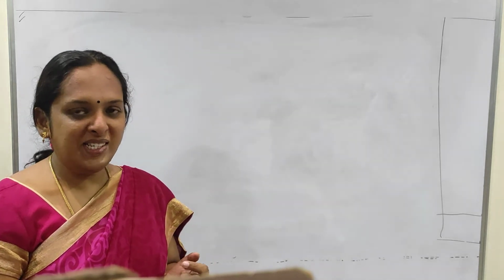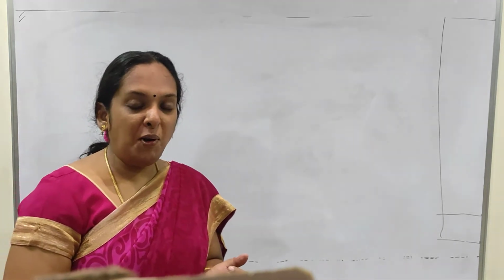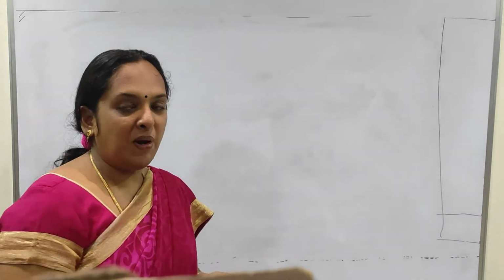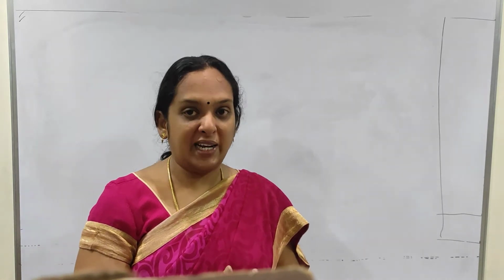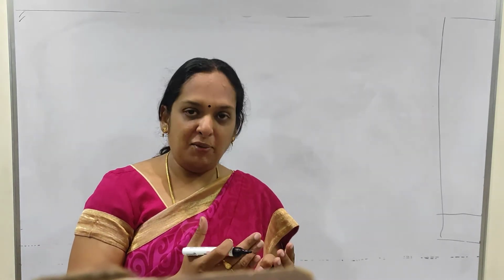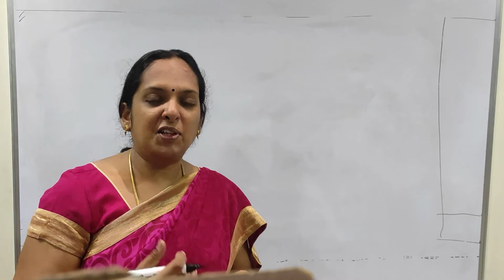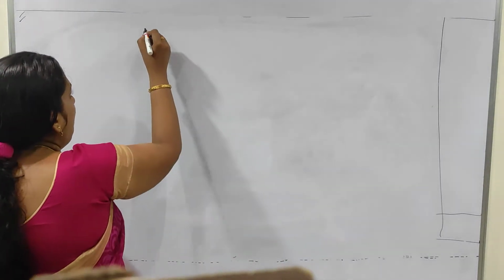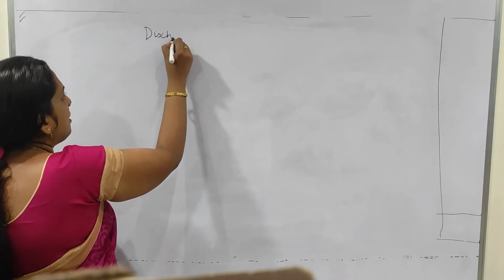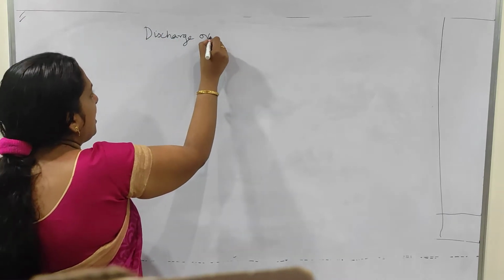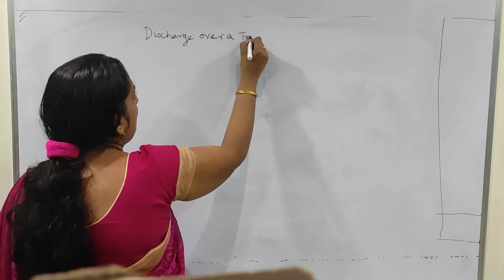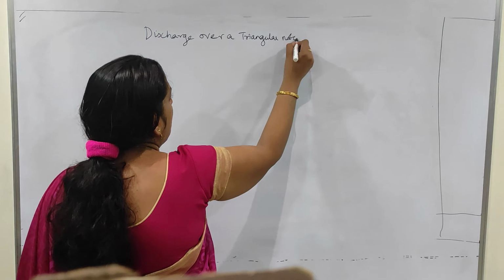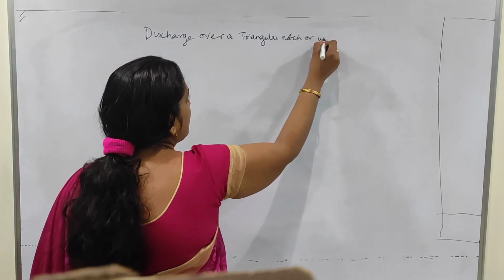Very good morning, students. Today we are going to see one more chapter with respect to notches and weirs. In my previous video we saw the rectangular notch and weir, derived an equation for that, and did some problems. Now we are going to derive the discharge equation for a triangular notch or a weir. This equation is the same for both notch and weir.